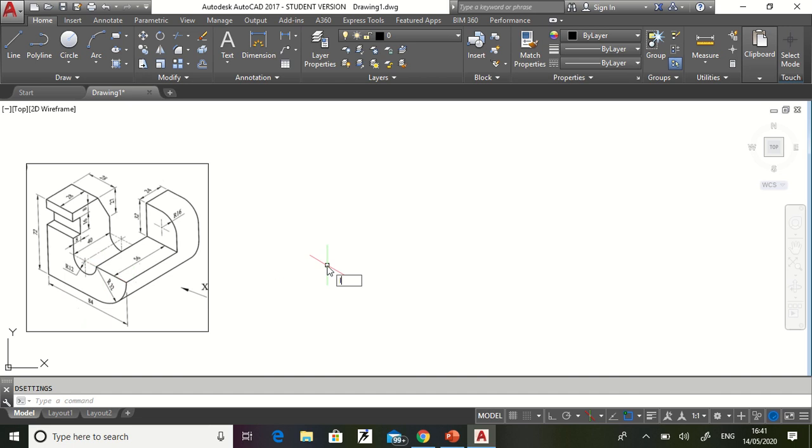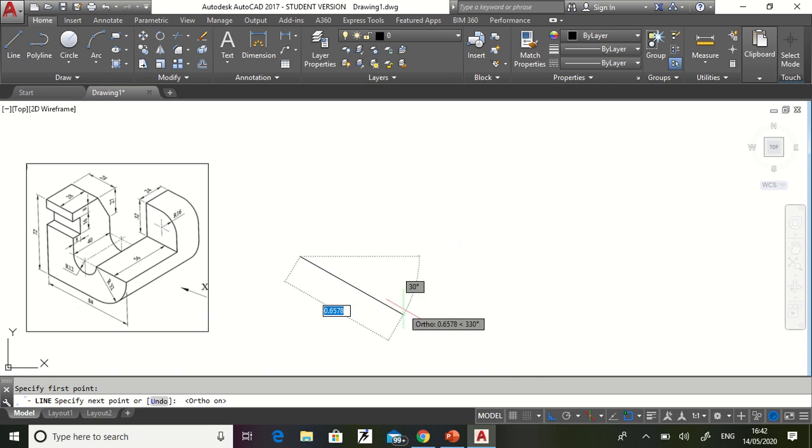So we will say line, enter, click, then drag. In which direction? See that we see it as a rubber banding line. That means it is not horizontal or vertical. So to make it fixed, we will press the F8 function key. You see the movement of the line is now restricted to the vertical and this direction. For isometric, we go for 30-degree inclination.